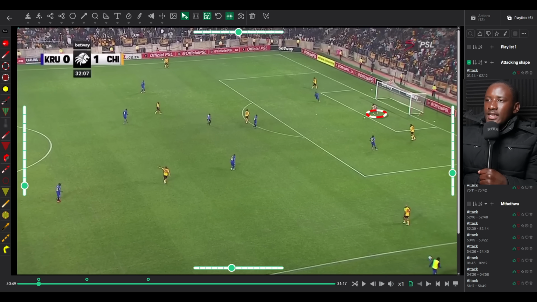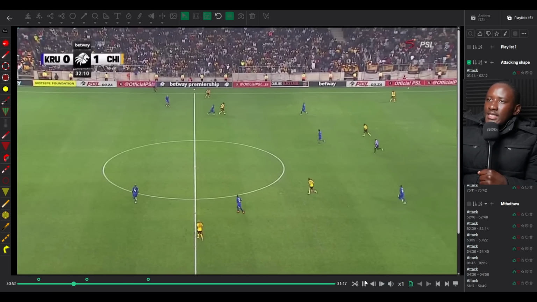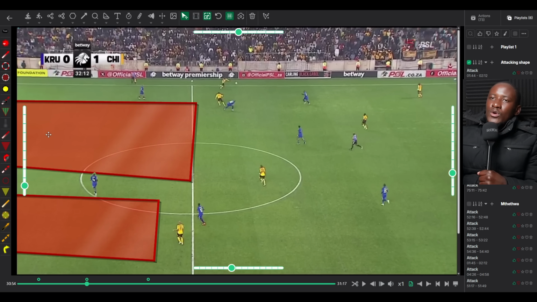So this is Chiefs again. Peterson has the ball, right? And as Peterson has the ball, look at what's going to happen. He plays it long again. Silva gets the ball and then he just protects it. And now what has happened? Because Silva has dropped into the space, he has been followed by the defender, which means there's now space vacated behind the defenders.